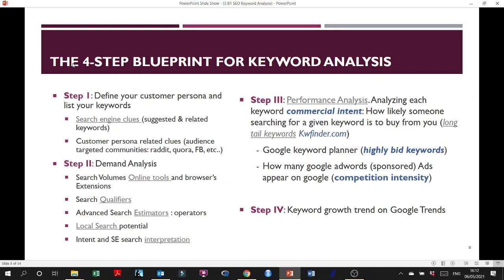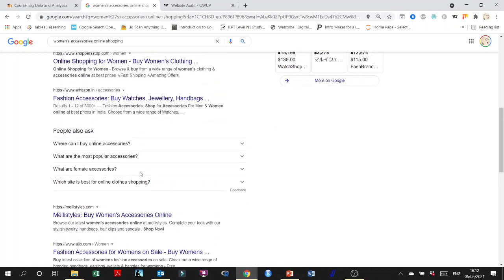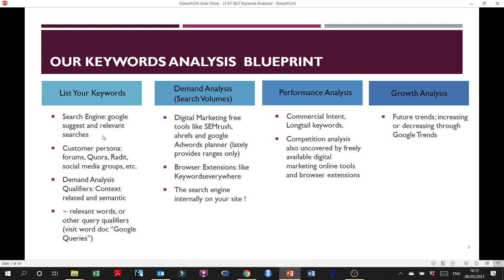Okay, let's get started. The 4 steps. First of all, define your customer persona and list your keywords. How do you list your keywords? Over here. First of all, search on Google, get the suggest, get the relevant searches, and also get people also ask about. So this is the third one I need to add here. Then start finding where your customers hang out online, which platforms they hang out on. Then do the demand analysis,